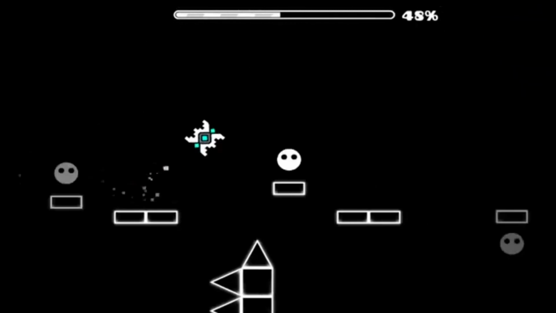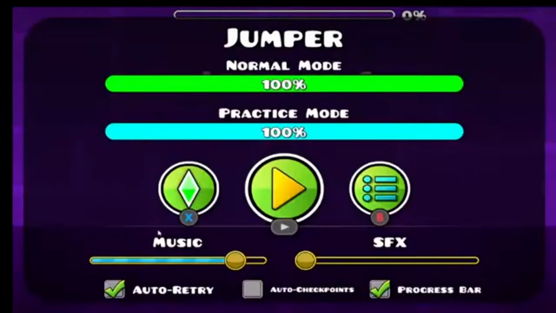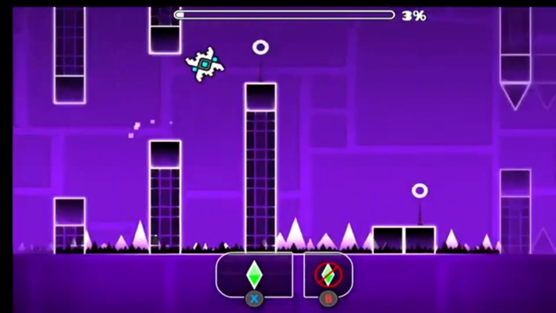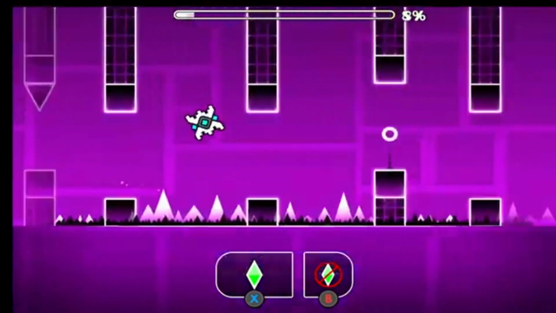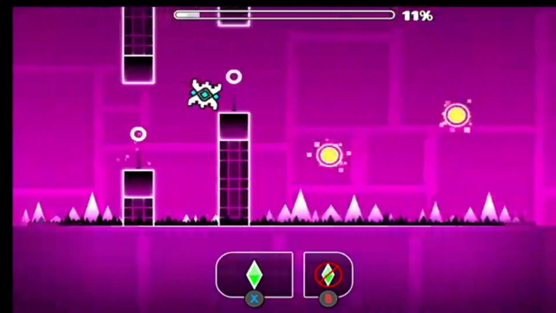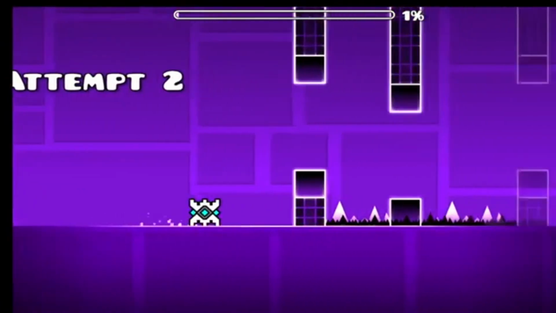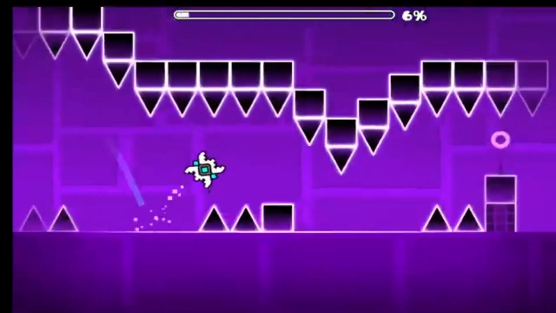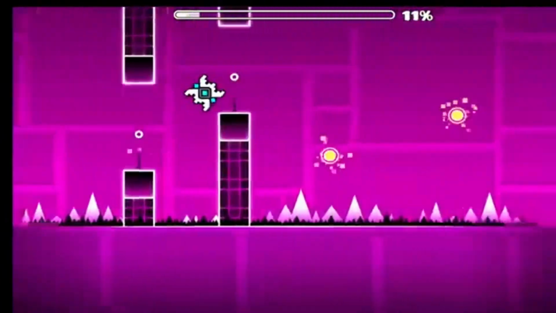And there are also some songs, like the practice mode song. The practice mode song synced with everything. This is not the original song. So yeah, you go into practice mode and it has that. I would even argue that the practice mode song syncs better than the original song, Jumper. Or at least in the beginning part.